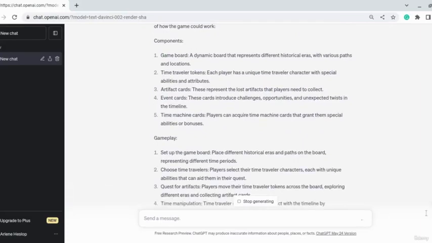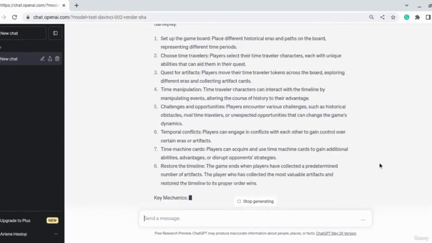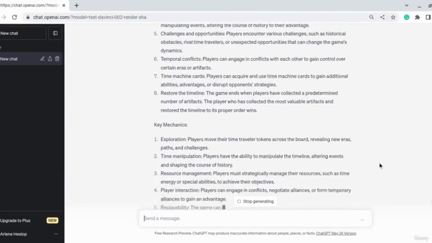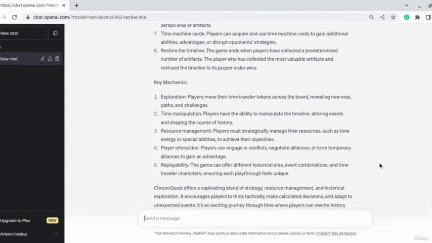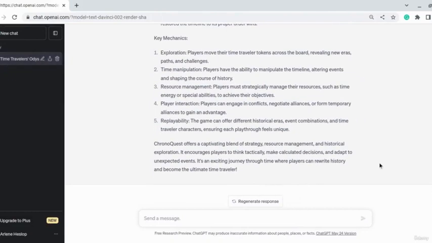What you're using ChatGPT to do is to give you an outline of the game, how it's played, what the aim of the game is, how you win, what is allowed, what isn't allowed, the plot, the setup, and all of that. And then you would go on to take this plot that GPT has built for you to create the game, whether it is online or it is a physical one, such as a board game.